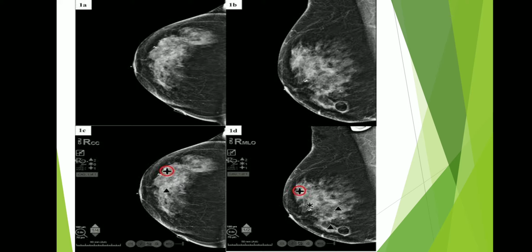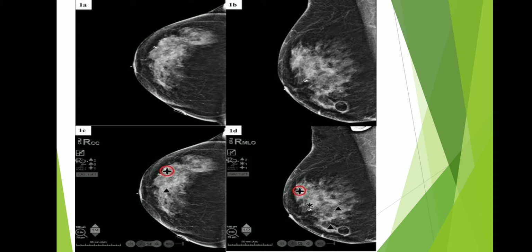So likewise, this type of computer software system can highlight the particular area. There is also a triangle area, you can see. Actually there are two triangle areas, one is a small triangle and another is a little bigger triangle. So in this image, various symbols are representing various types of abnormal areas. Because if you see the 1A image, you can't clearly identify the abnormal areas, but in 1C it is clear how the abnormal areas are visible.